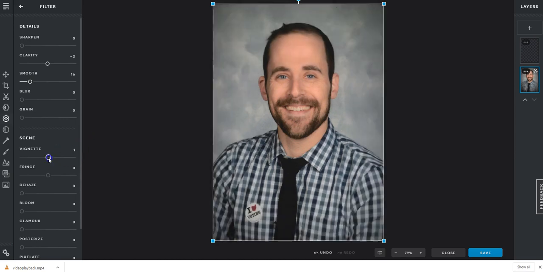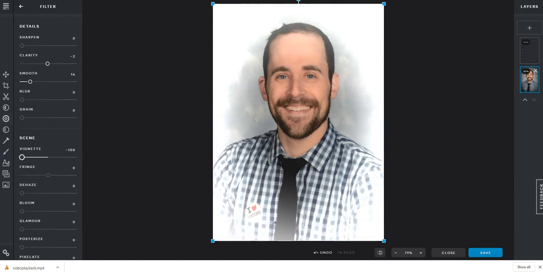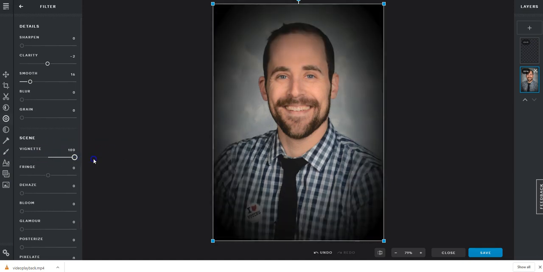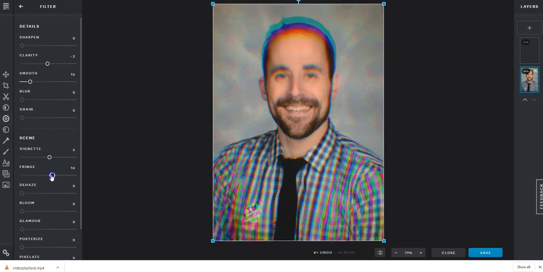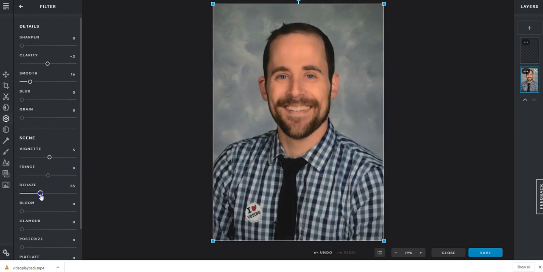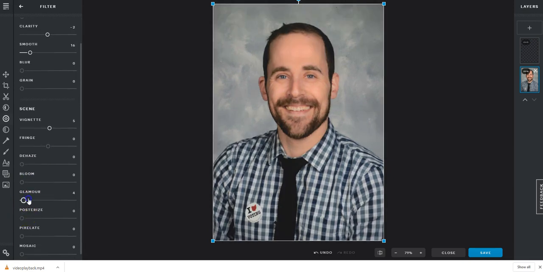Sorry, that's where you set the amount. But then you also could go white vignette. This has uses if you want to focus in on a photo. It's not that bad to use. You have fringe here, which is really psychedelic. There are a lot of really cool things that you can do with a simple slider inside of the